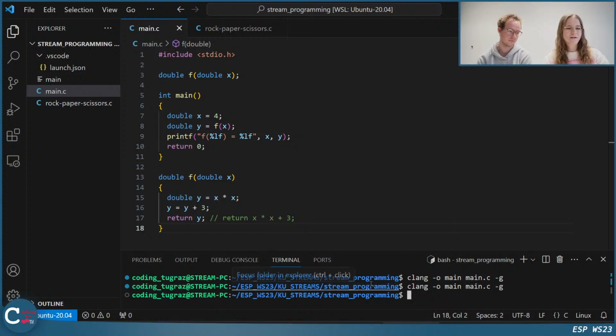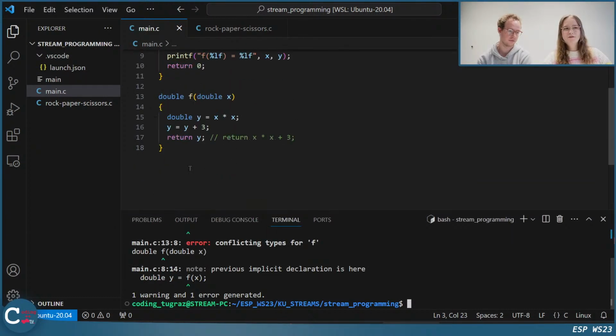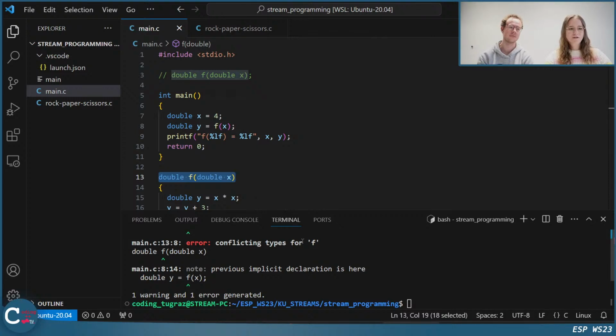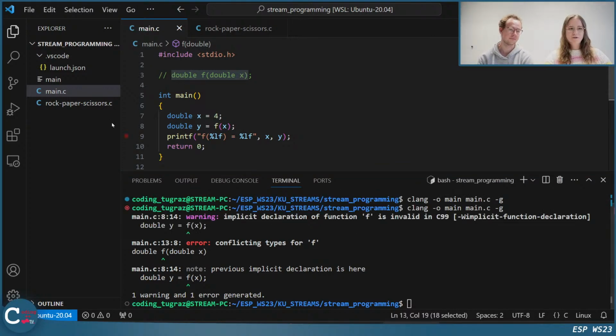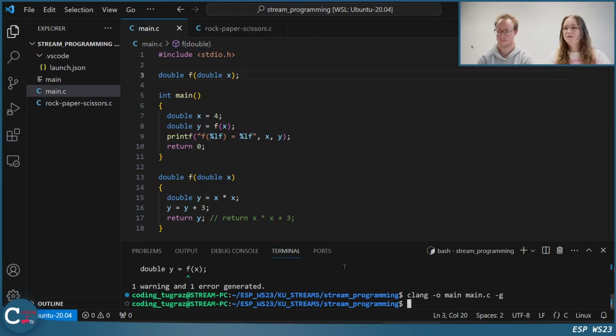And we can try to compile it. It works. If we comment that out, so we don't declare it? Yeah, we just define it, but after the main. So we don't declare it before the main starts. When the compiler looks at the main function, it sees that f does not exist. So actually it's a warning, and then we have some other problem there. But it tells us that there's something wrong at least. So if you do it like that, it works again.